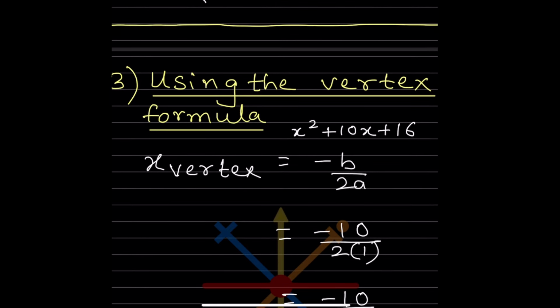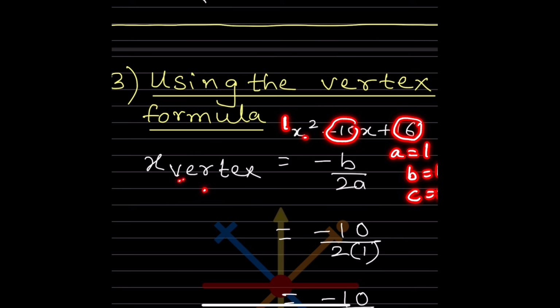Now this is 1, this is 10. You are going to look at the coefficient. So a is 1, b is 10, and c is 16. So now for the vertex, we are going to find the x of the vertex, and the formula is